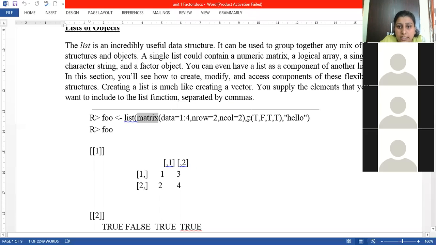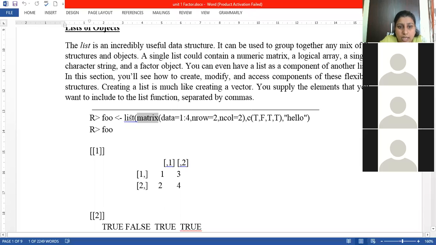Now I have again taken a vector, and in this vector the logical values are true, false, true and true. And the third is a string. The string is hello. So as you can see, within the list all three elements are different: a matrix, a vector, and a string.